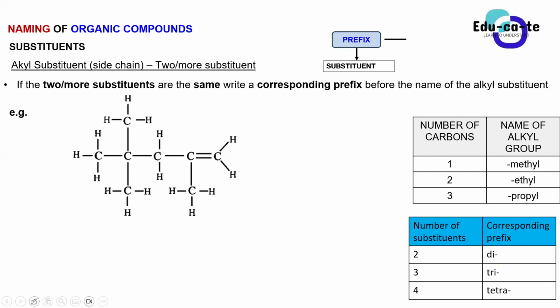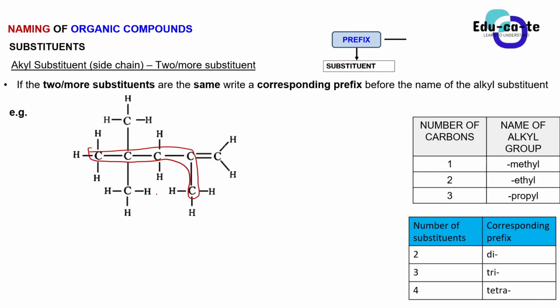Here, when you're highlighting your chain, be very careful, guys. If you make a mistake and say that this is your chain, this is also having 5 carbons, right? Why can this not be the correct chain? Why is this not a parent chain? Yes, you can answer why. Because it doesn't have the functional group of an alkene. Yes, it doesn't have the functional group.